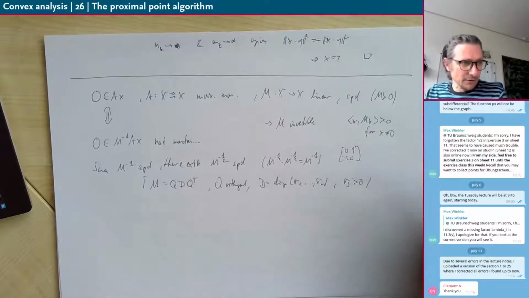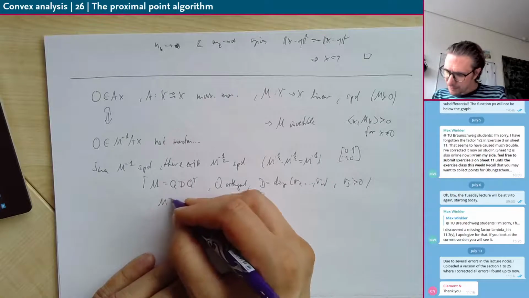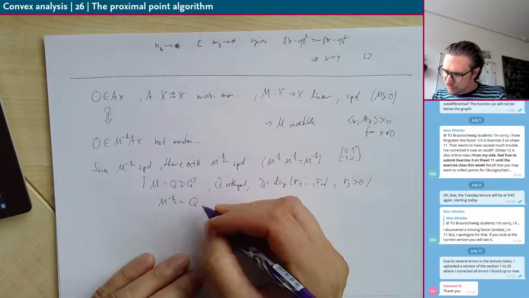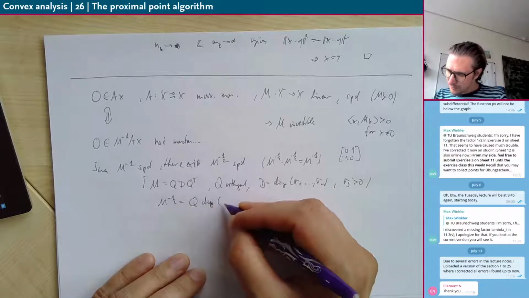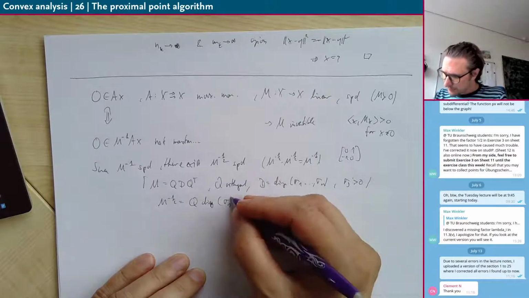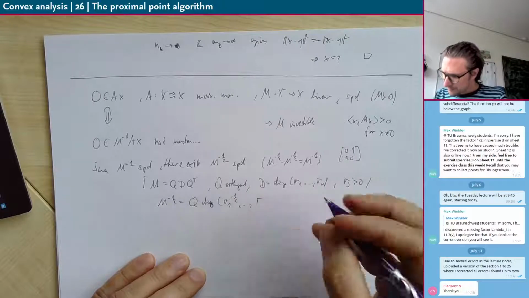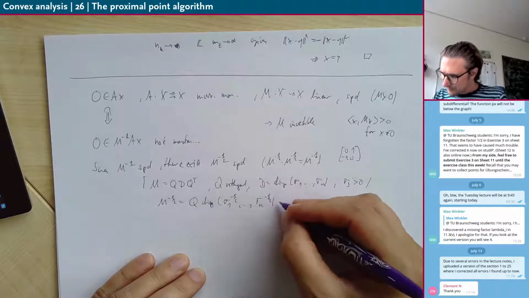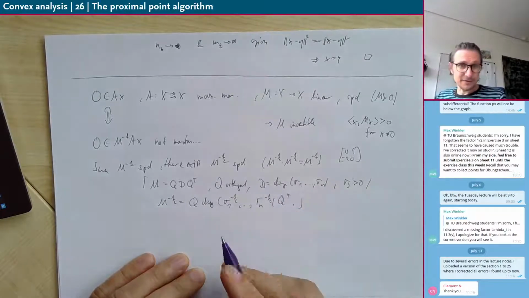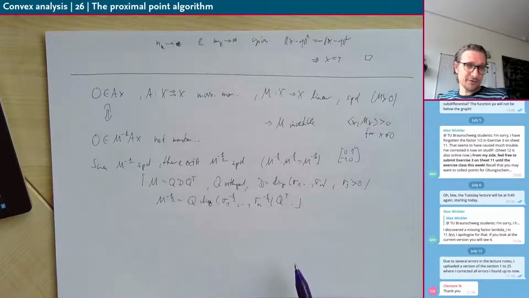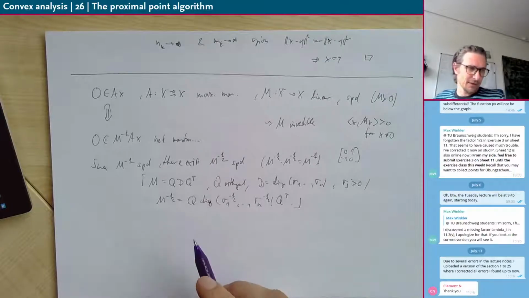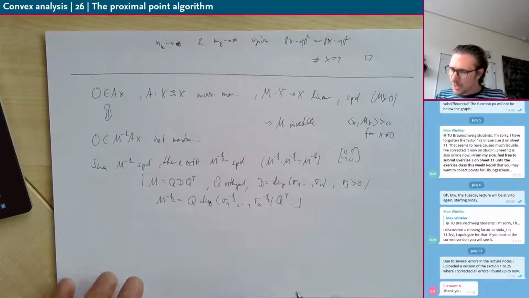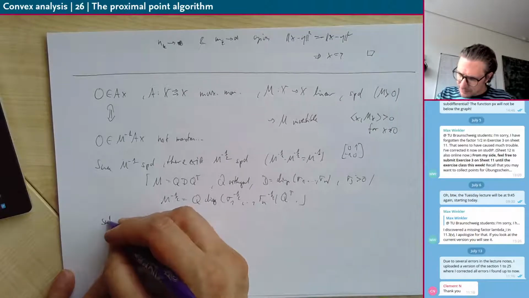Then you can set M to the minus 1/2 to be Q times the diagonal matrix with sigma 1 to the minus 1/2 up to sigma n to the minus 1/2 times Q. So that is the unique positive definite square root of a positive definite matrix, or the inverse of the square root. Okay, and now we substitute